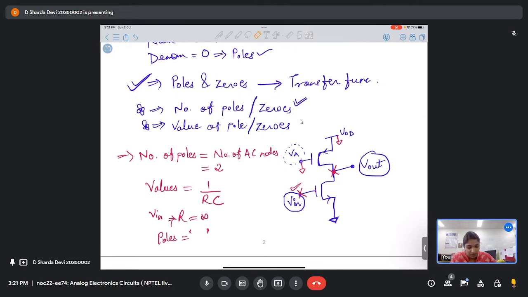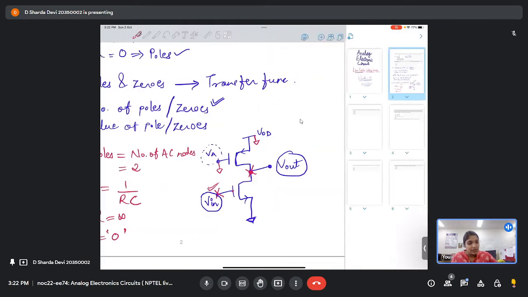Sorry, this will be 0, right? Because 1 by RC, so pole's value will be 0. So at input node, the pole's value will be 0. And because of this, we generally ignore the node which is at gate terminal. Now after that, the next node that we have is the output node, right? So here what happens,